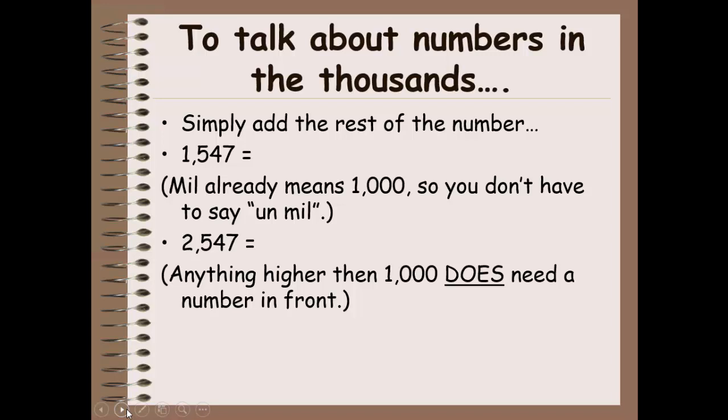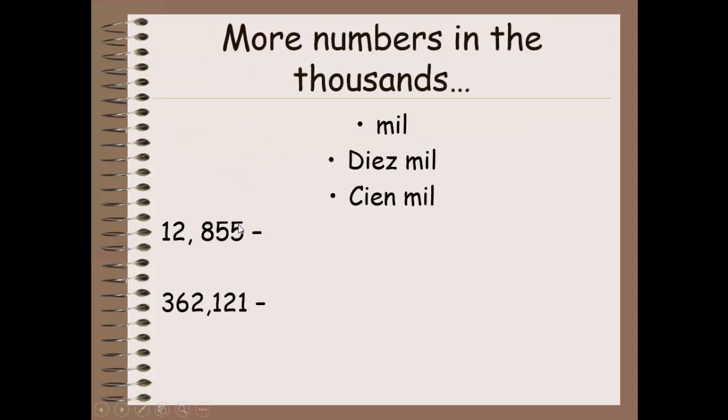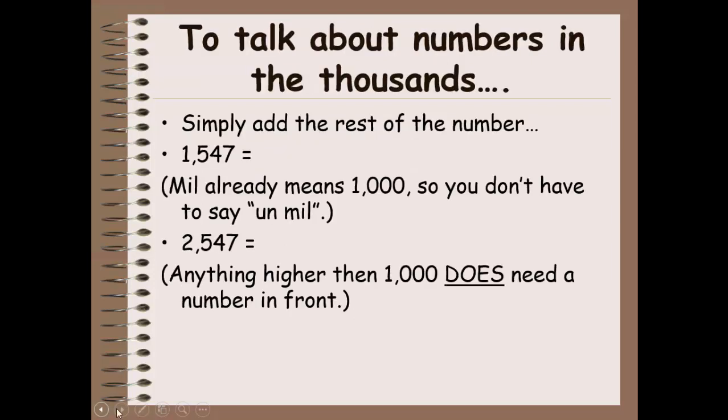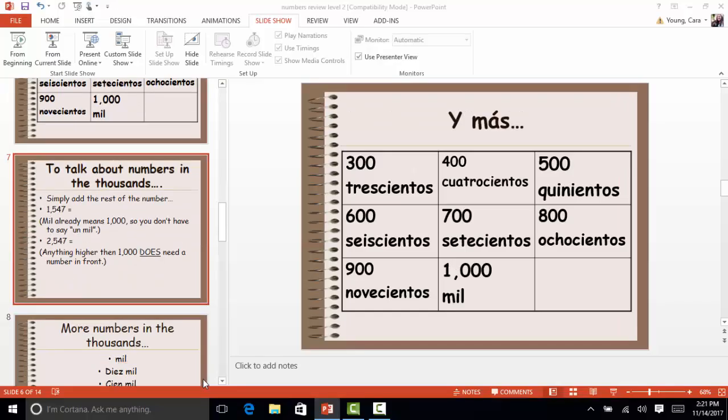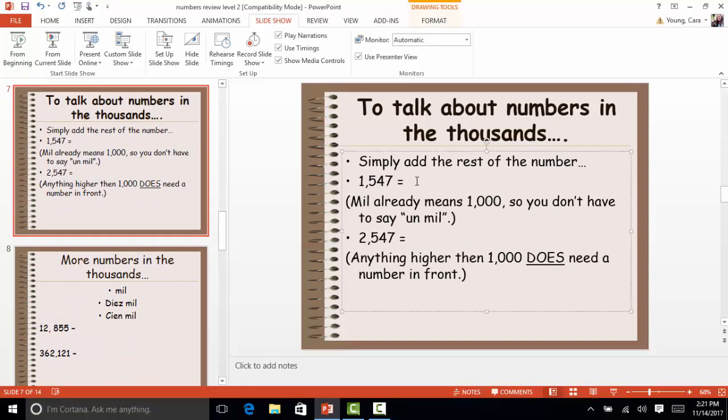Okay, so when we're saying numbers over 1000, for example, 1547. I'm going to start with the word mil because that means 1000. So I start with mil and then I just add the rest of it. So 547,